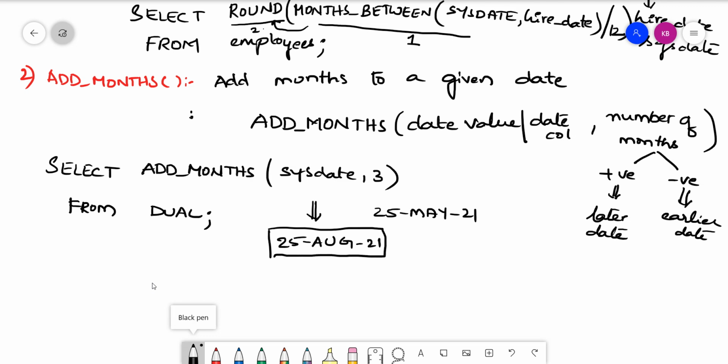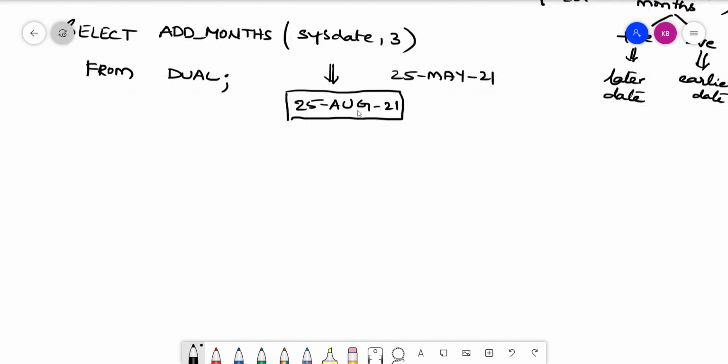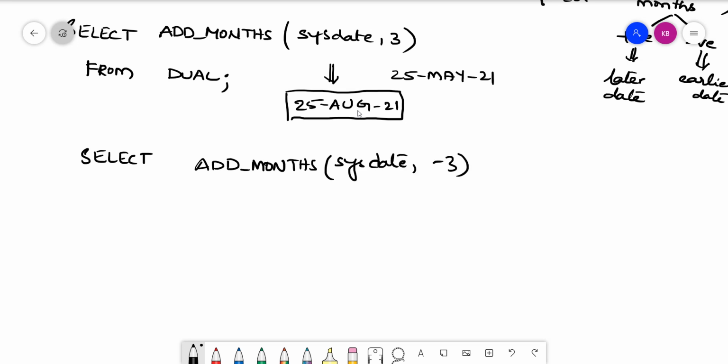In the same way, if we provide a negative value, I will write this as select add_months of sysdate, comma -3 from dual. Now what will happen? We will get a date which is 3 months older.